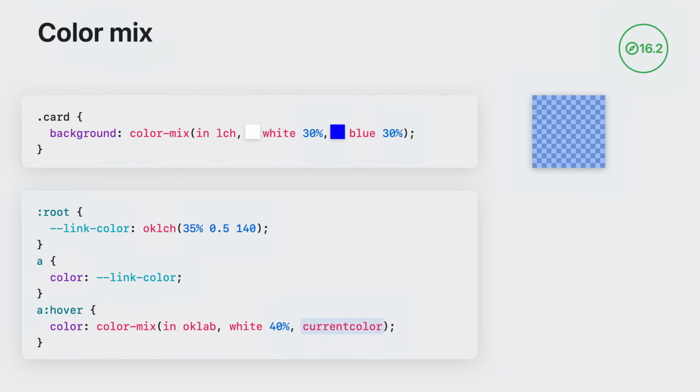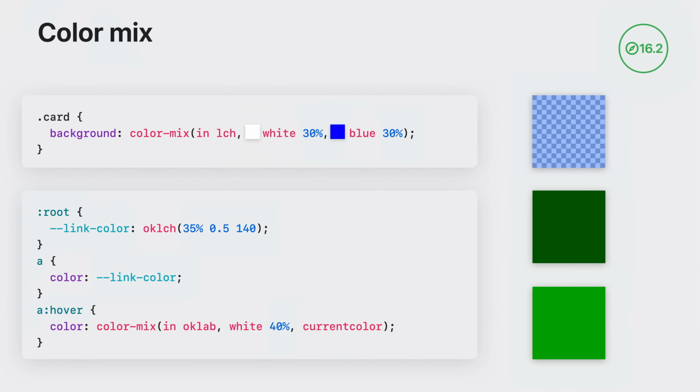You can even use the current color keyword to mix the current text color with whatever you'd like. In this case, I'm mixing a dark green link color with 40% white to create a lighter green to use with the hover color. There's a lot here. The P3 color gamut, new color models and functions, the ability to change color spaces for gradients and animations, new ways to define colors by altering the channels of an existing color, or through mixing. There's a lot of potential here when it comes to leveraging color in our designs for the web. One last thing to know about support for P3 color.